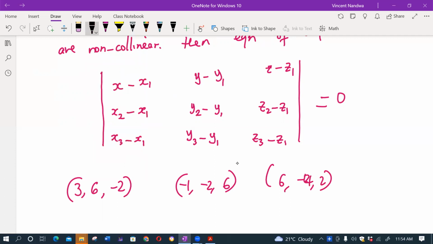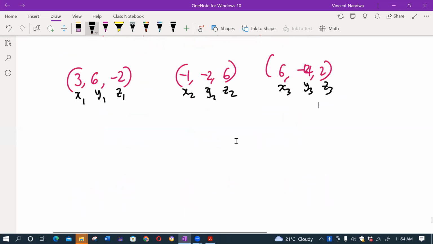So this will be x1, y1, z1, x2, y2, z2, x3, y3, z3. So replacing into the formula, we have the determinant of x minus 3, -1 minus 3, 6 minus 3,